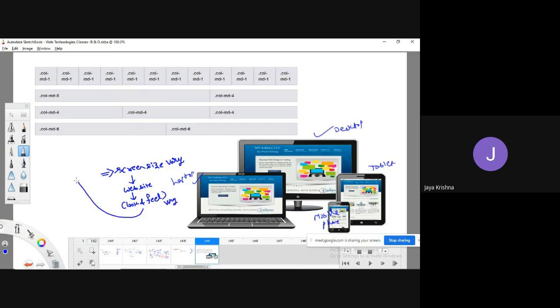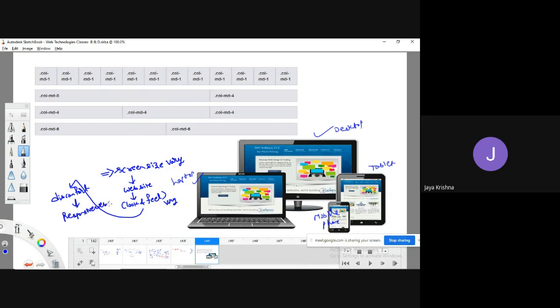When the look and feel varies from device to device, how will the user feel? The user may feel somewhat uncomfortable, meaning that the order of the elements may also change. At that time, the user may feel discomfort and may not give priority to visiting your website frequently. So to overcome this drawback, we should develop a responsive website.